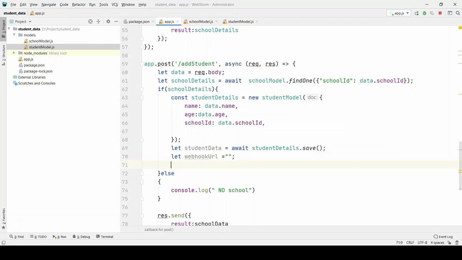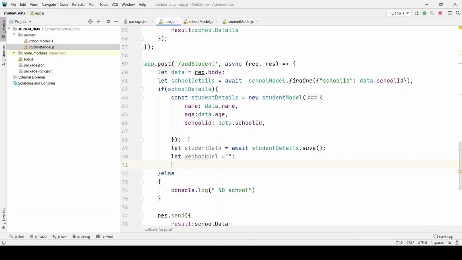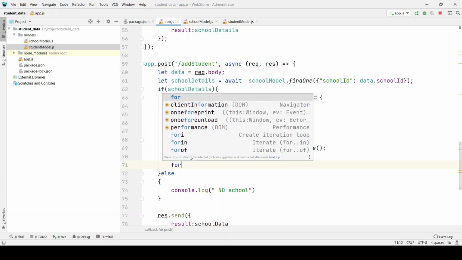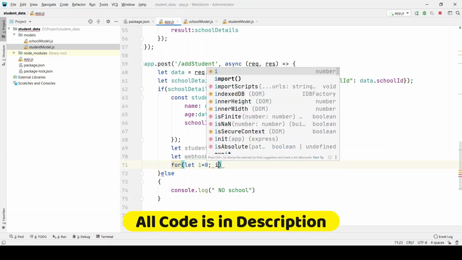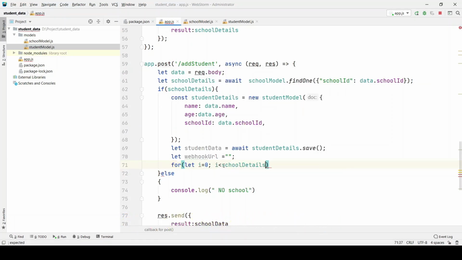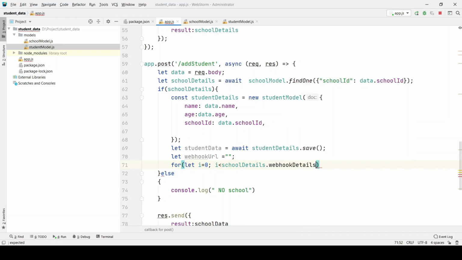By default it will be empty only. I'm going to run a for loop, because if you remember it is an array. So by default we know it is on 0 index, but it's a good idea if you are going to iterate that array. So create a for loop: let i equal to 0, i is less than school details, then webhook details dot length,